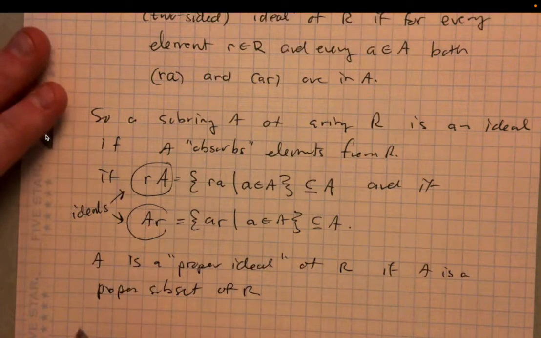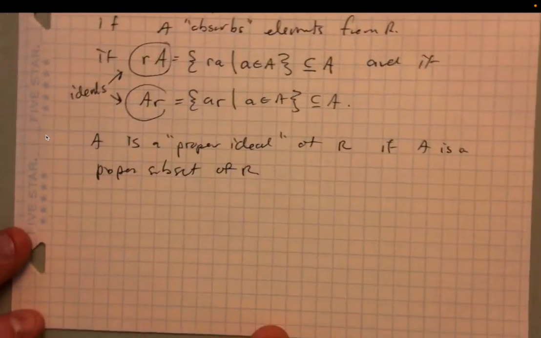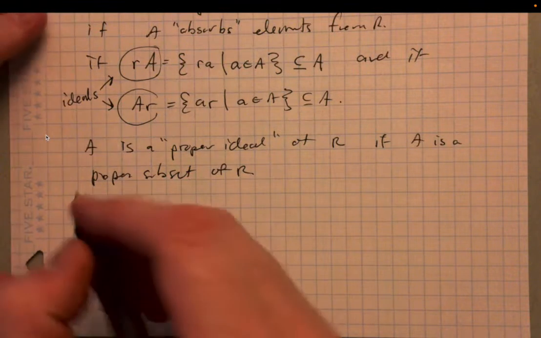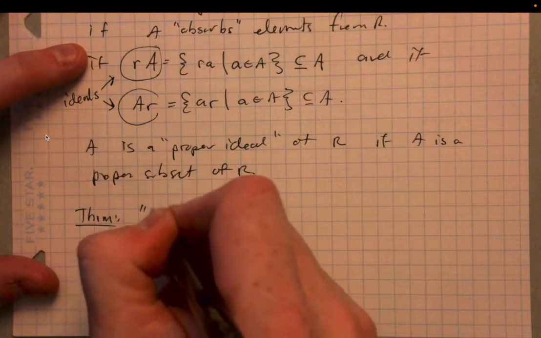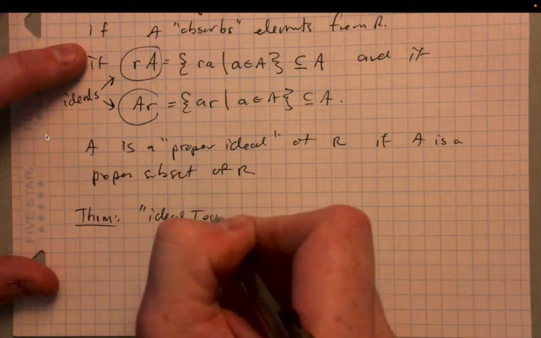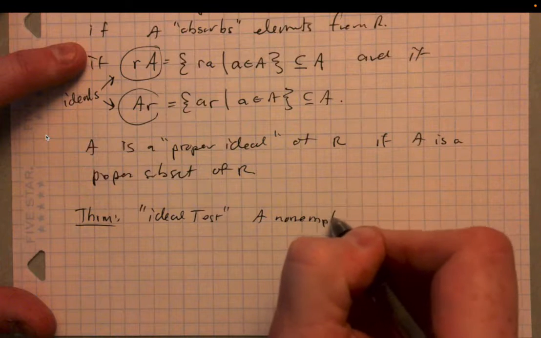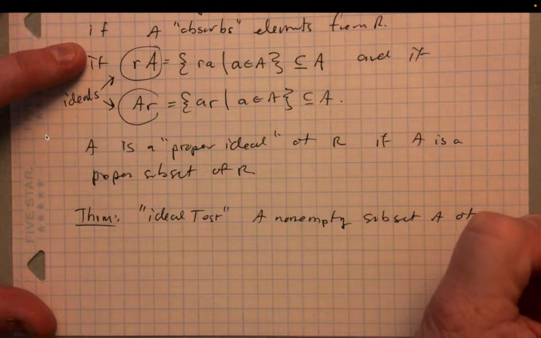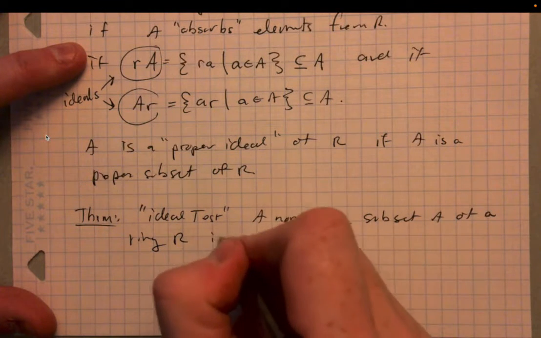All right, so before we see examples, I do want to throw out quickly a test for determining whether or not a subset is an ideal, because we'll use the test on some of our examples. I would just call this the ideal test. A non-empty subset A of a ring R is an ideal of R if,